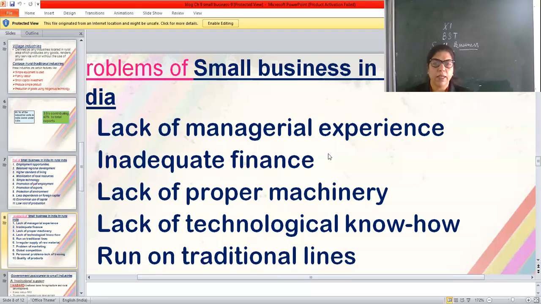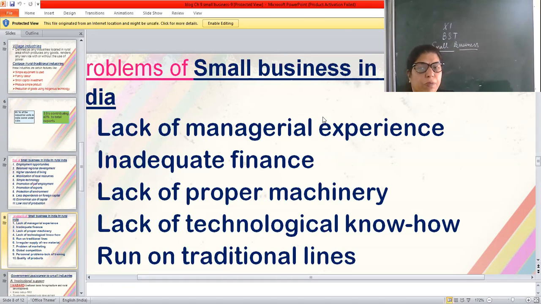So today I am going to tell you that every problem of small business is related with investment, related with sources of finance. As yesterday I explained to you various categories of a small business, and all are based on investment. So the main problem they are facing is lack of finance, lack of investment sources. Now lack of managerial